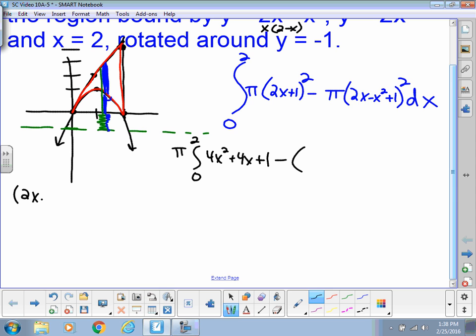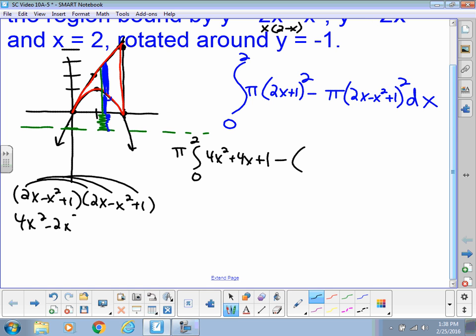So we've got (2x minus x squared plus 1) times another (2x minus x squared plus 1). We'll distribute the 2x through to everything, and we'll get 4x squared minus 2x cubed plus 2x. We'll distribute the negative x squared through to everything, and we'll have